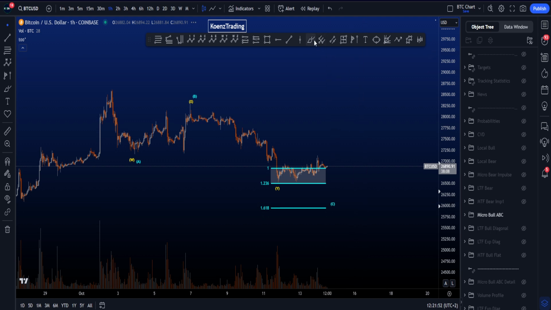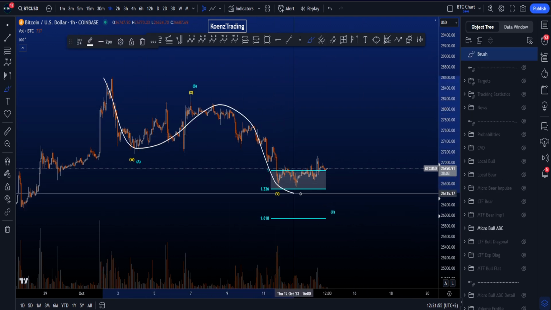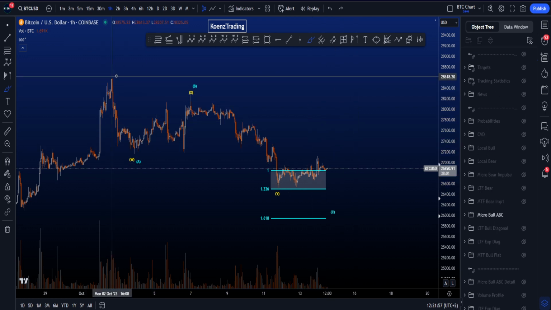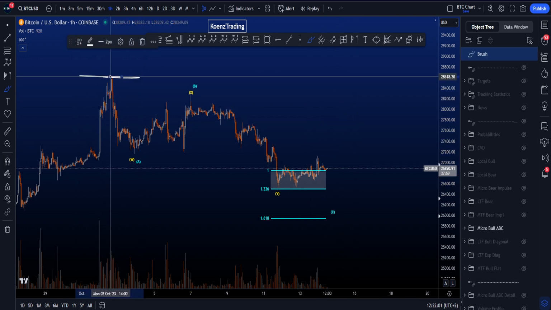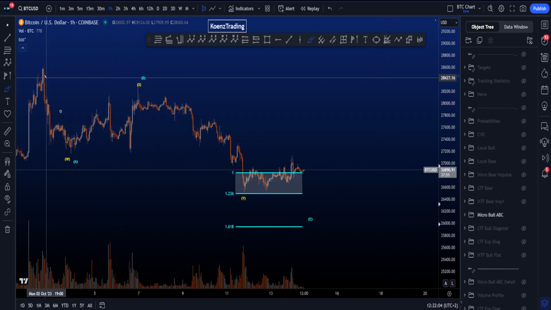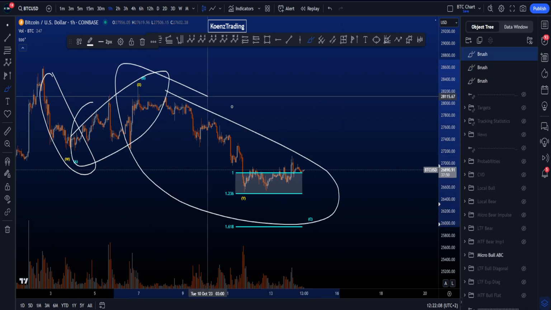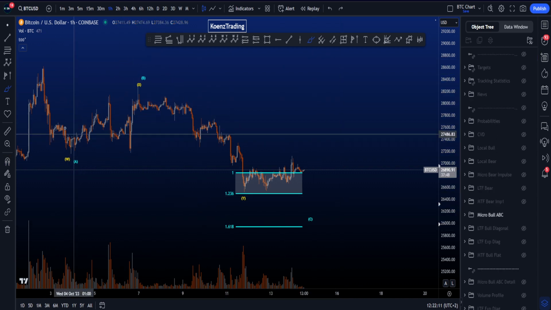then we are looking for three-wave corrective patterns, because if this is a corrective structure instead of an impulsive structure, then we expect new highs to come locally and at least take the 28.6k high. There's two scenarios over here. We have the ABC, which is a 5, 3, and then a 5-wave move to the downside, or the WXY,